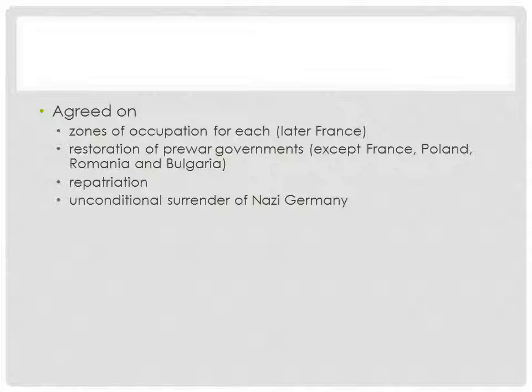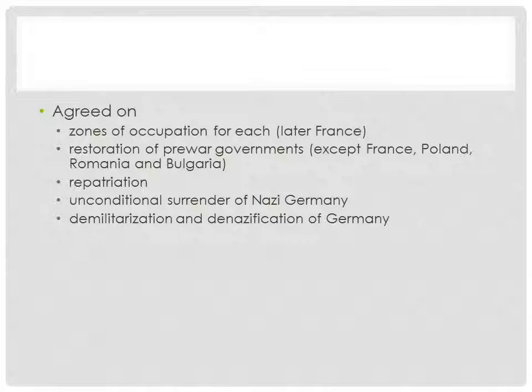And they all agreed that there was going to be an unconditional surrender of Germany. So it wasn't going to be an armistice. It was going to be a recognition of Germany from the very beginning that they lost. And this also meant that there was going to be no single surrender. That there was going to be a unilateral one. Everybody would sign a treaty or agree that Germany had lost, rather than just individual ones.